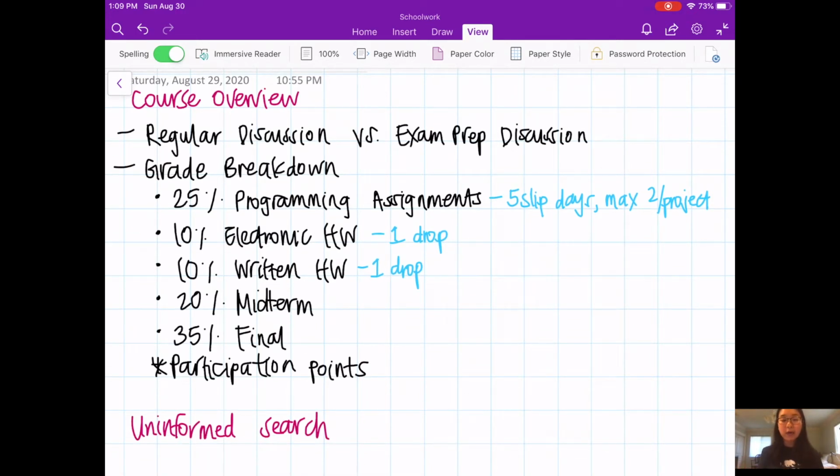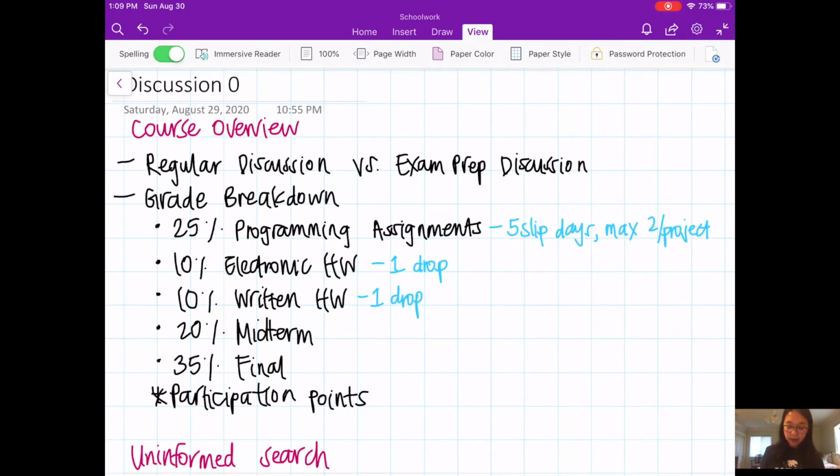And then there's also a quick section that notes down the grading distribution of this class. Specifically, there are 5 components to your grade, as you see here. Something I want to note is that in general, your projects, which are the first section, the programming assignments, and your 2 types of homeworks will generally be quite straightforward.